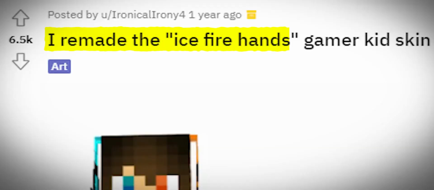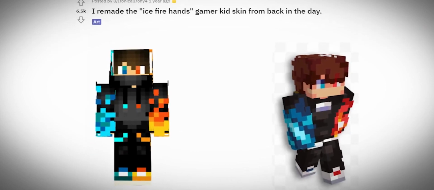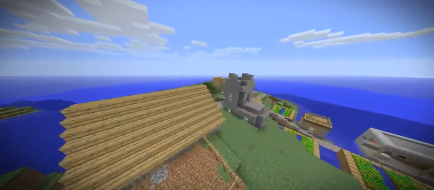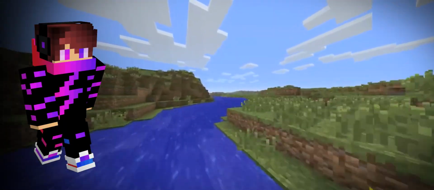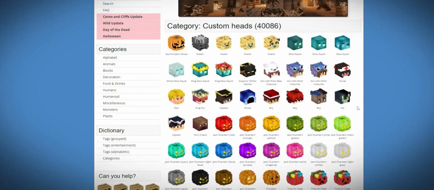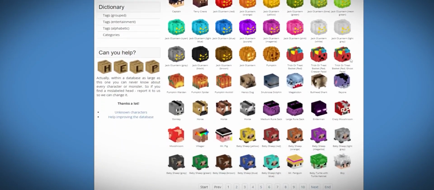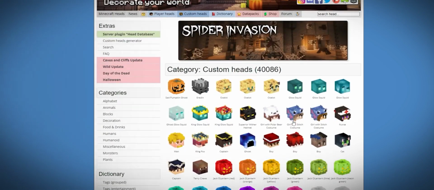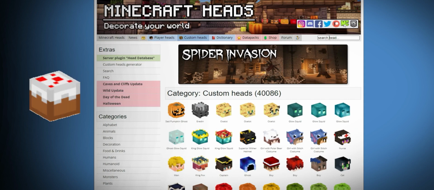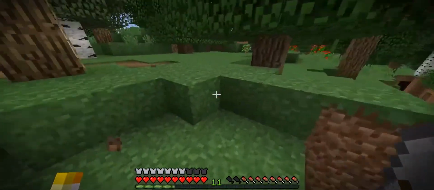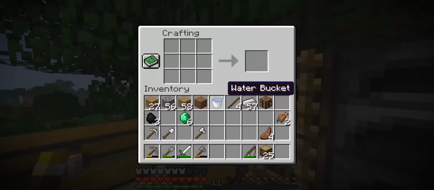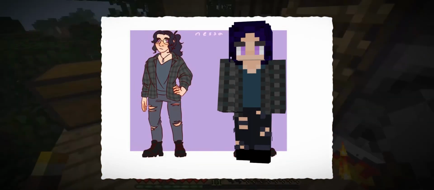Old and new concepts were being reinvented with this new change, and the most noticeable uses people had with this new outer layer were in the arms and torso, with the addition of new styles and accessories like hoodies, pants, and those weird patterns you would see on every single boy skin. Other players who focused on the building aspect of the game also gave the head customization a whole new use by using the player head as a block decoration, by making traffic lights, cakes, and a ton of other creative examples. With all of these new changes and trends constantly coming up and people mastering the art of skin creation, eventually people would even get paid for making custom skins, and it just kept growing from there.